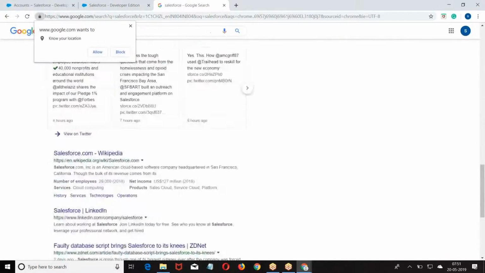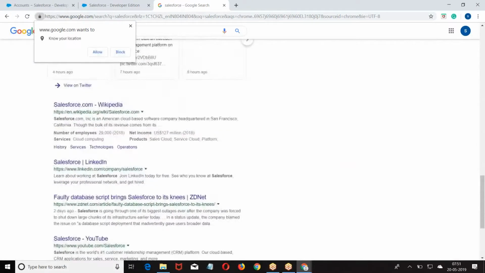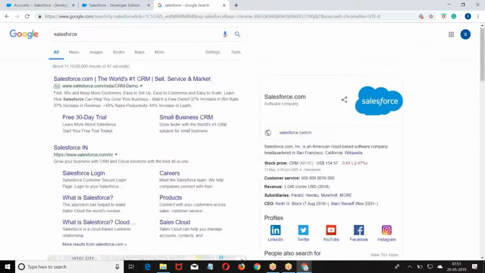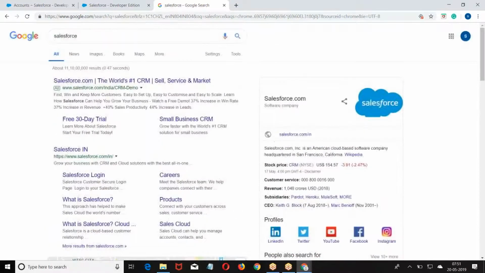Okay. Now will you display all the millions of records in a single page? If you give all the records in a single page, load time will be more. It takes more time for loading. Now let us say they found 11 crore results. If they show all the 11 crore records in a single page, how much time will it take to load?